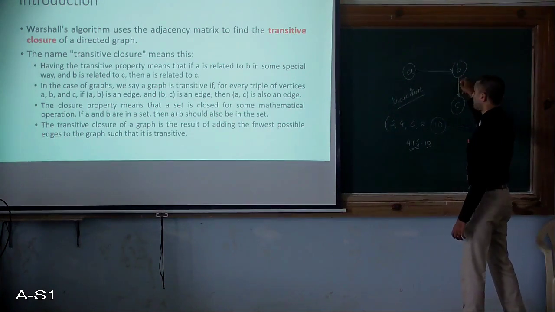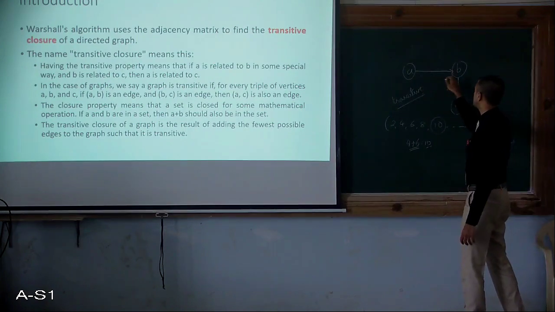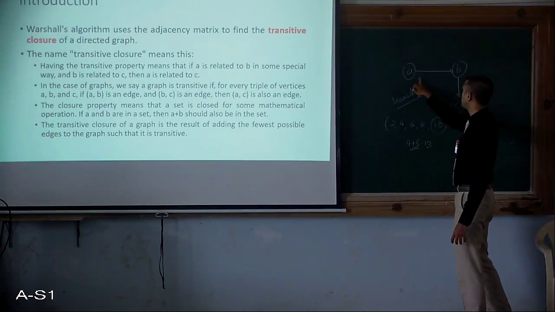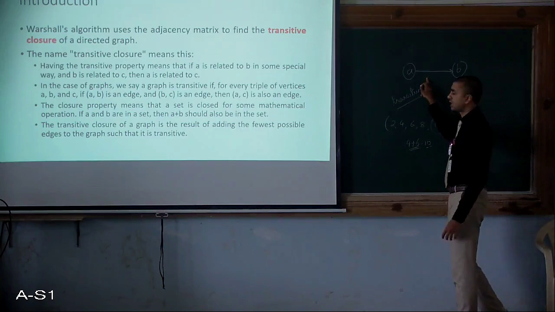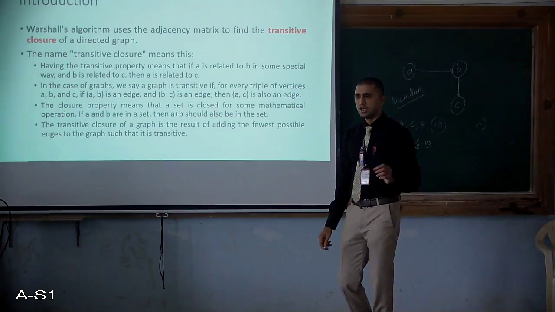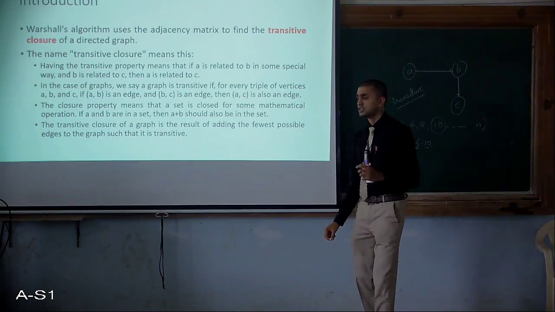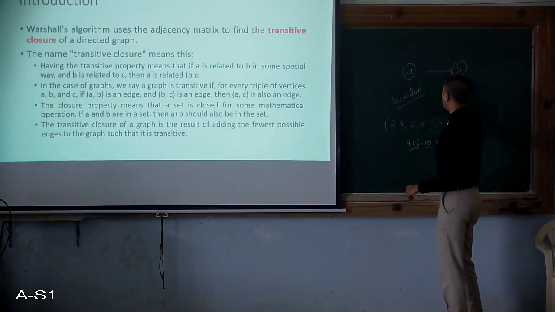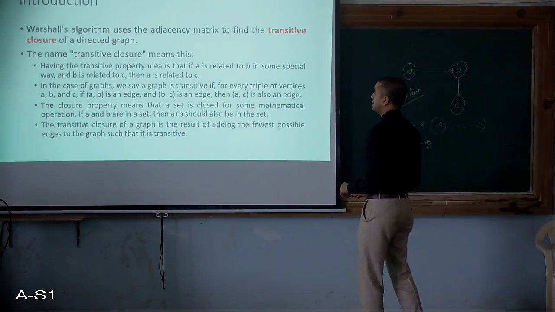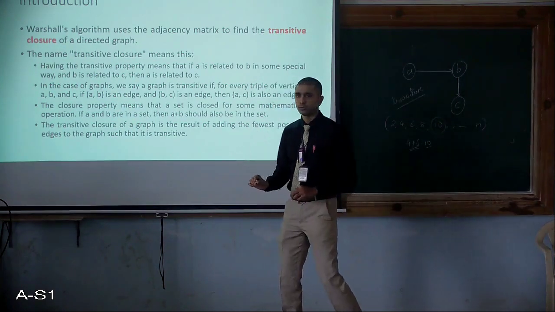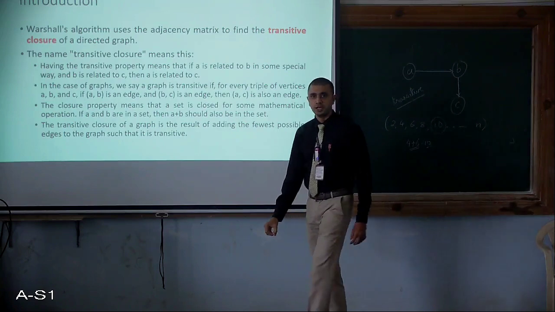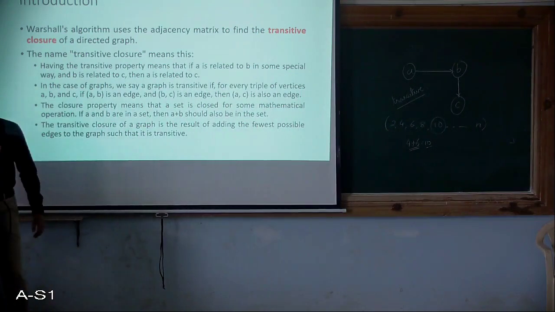So transitive we have seen. If A to B is an edge and B to C is an edge, then we can say that a path exists from A to C via B. So closure refers to forming this transitive property of a graph using the vertices and edges given in the graph. I should not add any additional vertices or edges to this existing graph to form a transitive closure property. All right, so this is what is called the transitive closure of a directed graph. In order to find this transitive closure of a directed graph, I'm going to use Warshall's algorithm. So let's see what Warshall's algorithm means.